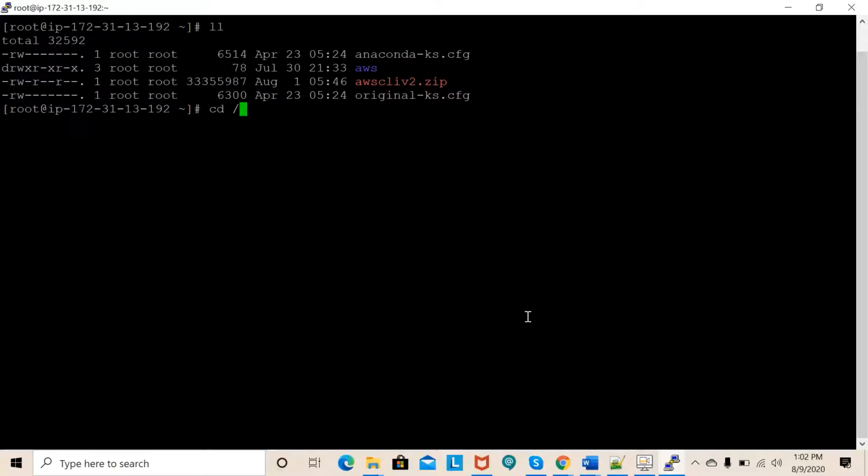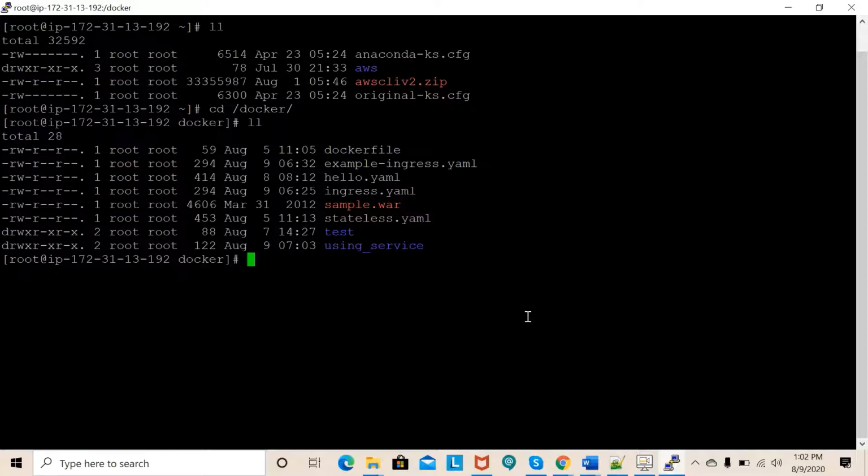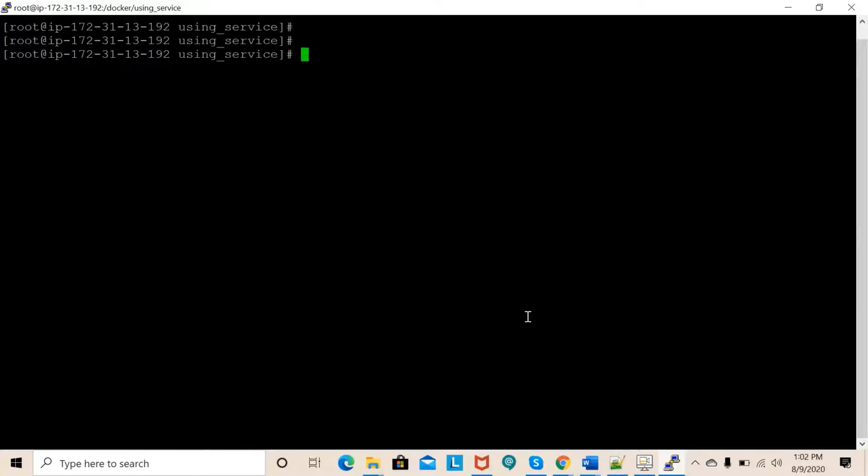So again, I will go with a stateless application, not a stateful application. We were discussing services last time, guys, if you remember. We were talking about kube-proxy, and how kube-proxy handles the communication between the pods, because we know every time a pod gets deleted, a new pod will be generated and it will have a new IP. If the front end wants to talk to the back end and the IP keeps changing, that is a problem. So kube-proxy helps us here to communicate with the back end